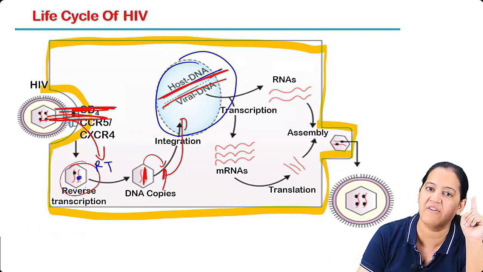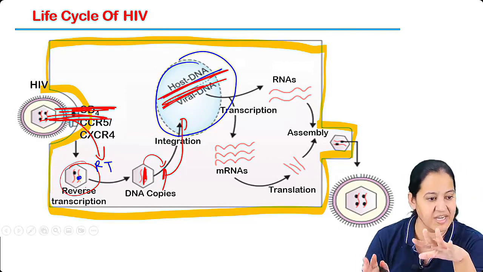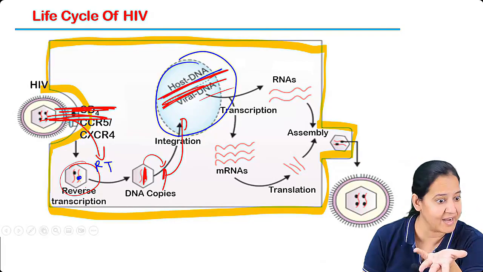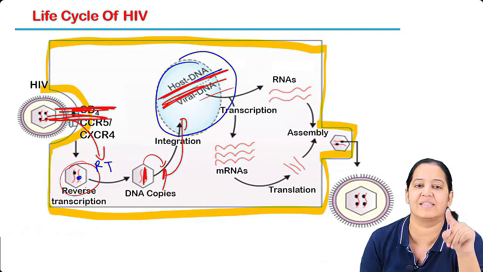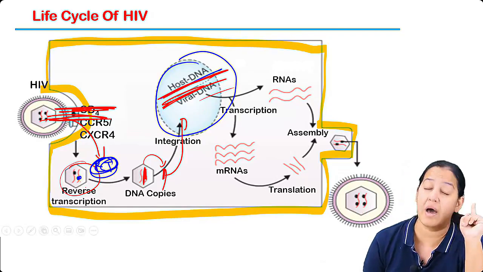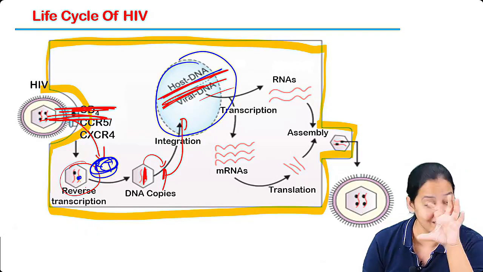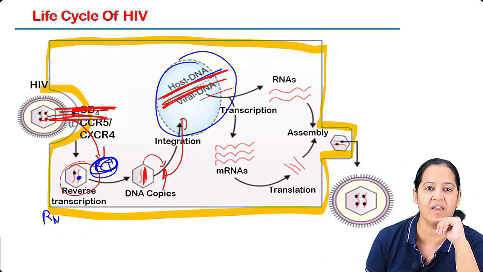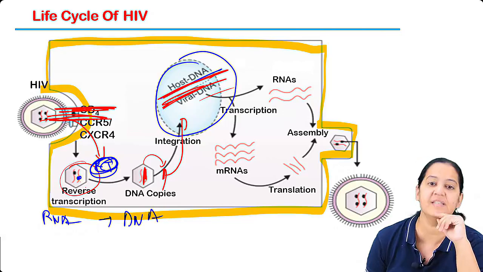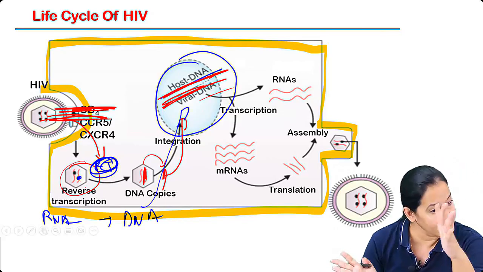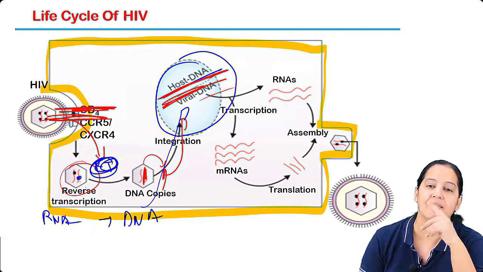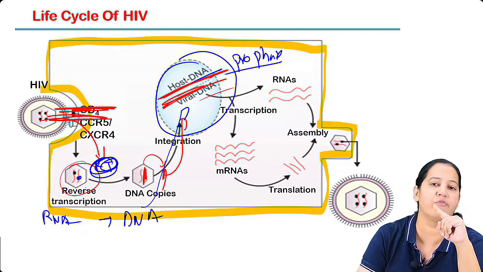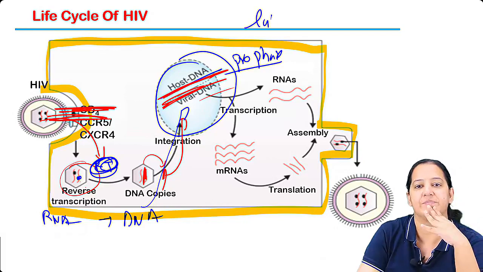So host DNA and virus DNA fuse with each other. Host DNA, meaning human DNA, and virus DNA. You will say, the virus does not have DNA, it's an RNA virus. So the reverse transcriptase is the enzyme that converts the RNA of the virus to the DNA of the virus inside the host cell. That is why it is named reverse transcriptase. The DNA is going inside the nucleus and integrating with the host. Say yes. The integrated version is known as provirus. It is latent.